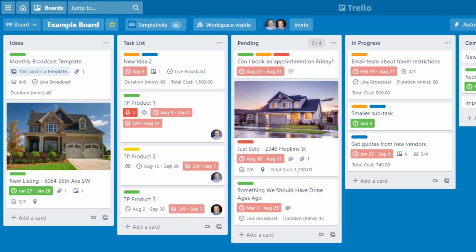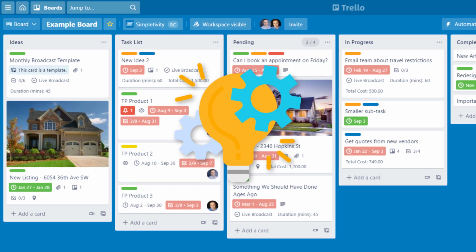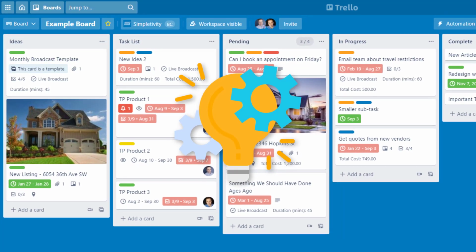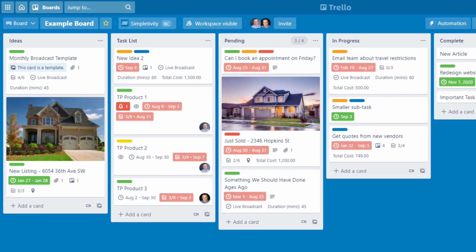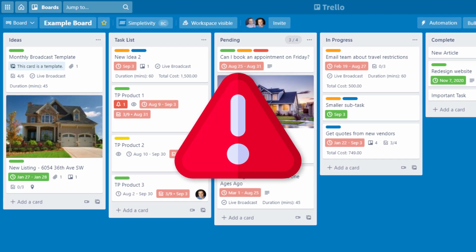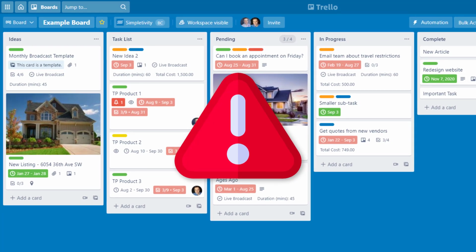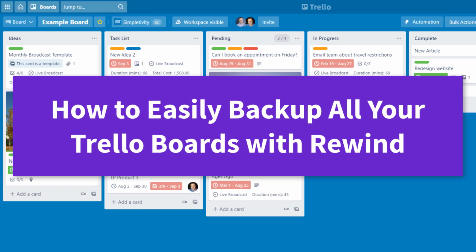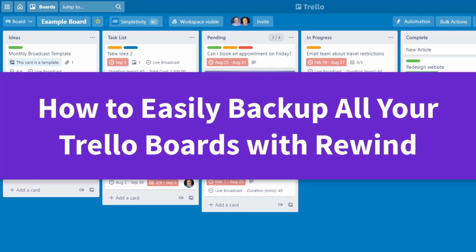If you use Trello, you know how important all of your cards, lists, and multiple boards are to your business, your organization, or maybe even your personal life. But what happens if something goes wrong? What if someone on your team makes a mistake and deletes a whole bunch of cards? Or what if you make a mistake and can't get something back? Well, in today's video, we're taking a look at how to safely and securely back up all of your Trello